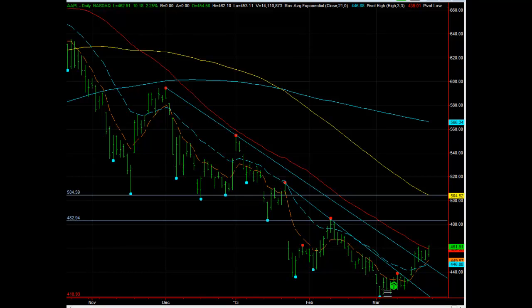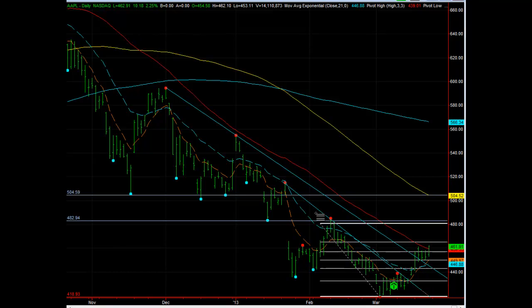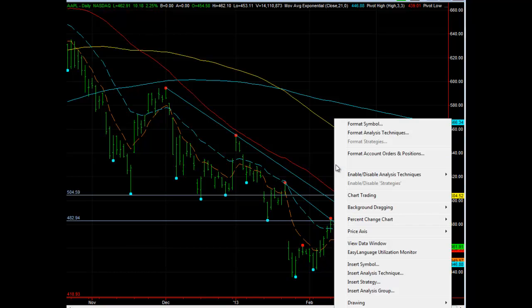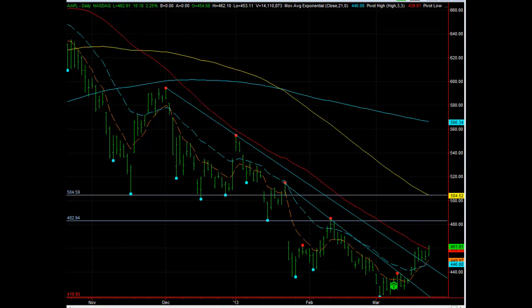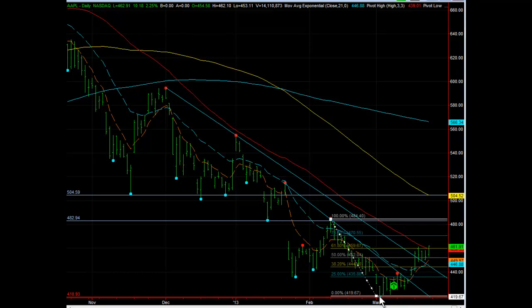So what you want to do is get your drawing tool here. I'm going to go from this low right here to, oh sorry, doing this, let me start over. Now what you want to do is look for the last pivot high where it broke down from. So we're going to take this pivot point right there, and then we're going to extend down to this low right here, and so we have a high. That pivot high was at 484.40, and then this pivot low down here was about